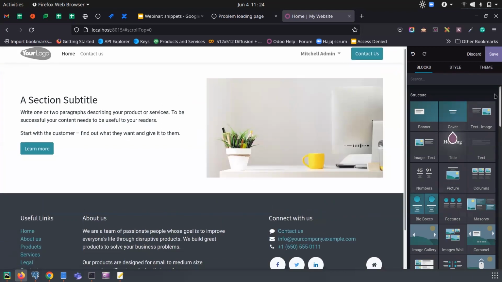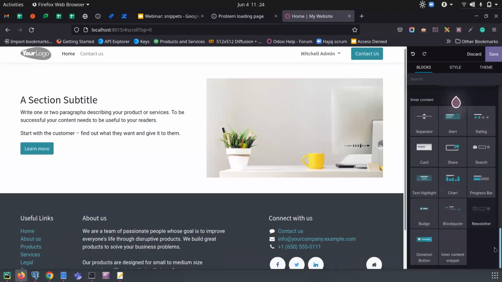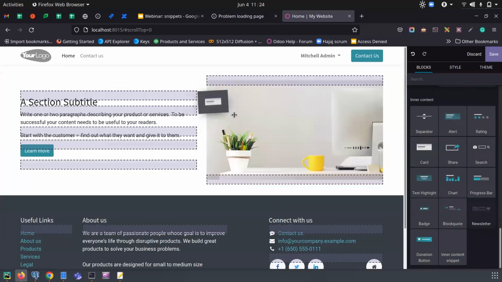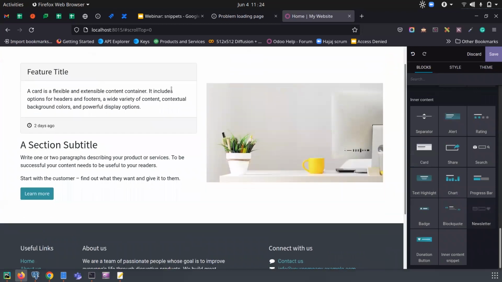Let's add a text image. Then we could try adding a card. So then we can save the